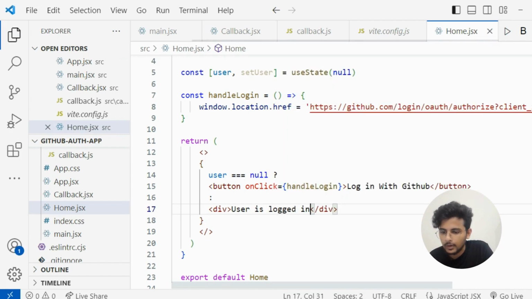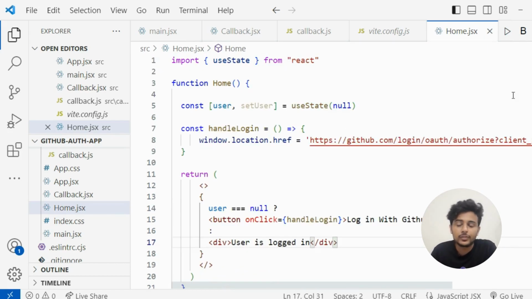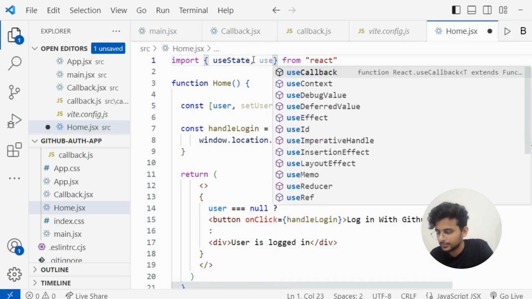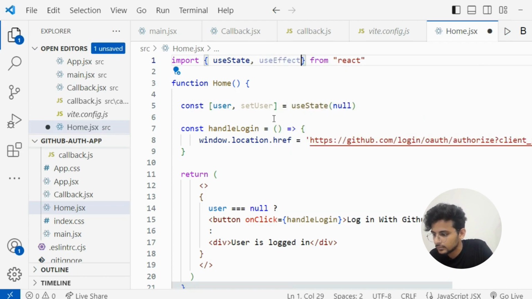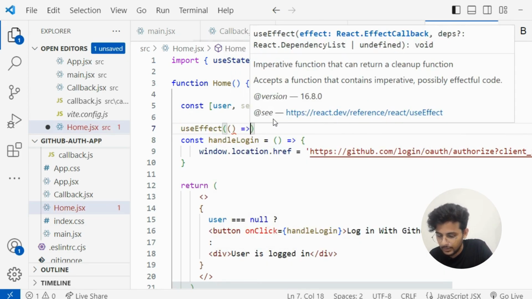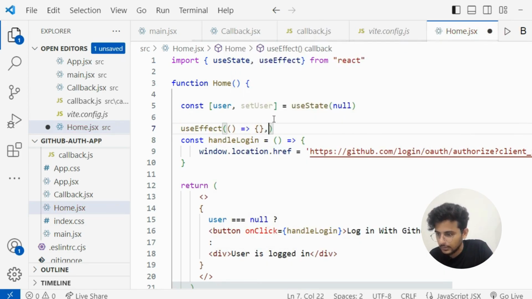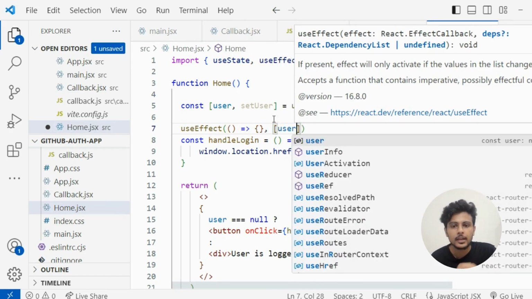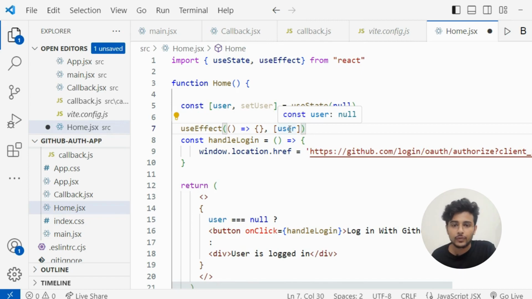Alright, obviously we need to fetch the user information using the access token. Let's import useEffect also. We know useEffect takes 2 parameters. Now in this case, we are going to pass the user value here, because we are going to fetch the GitHub API when user status is changed.